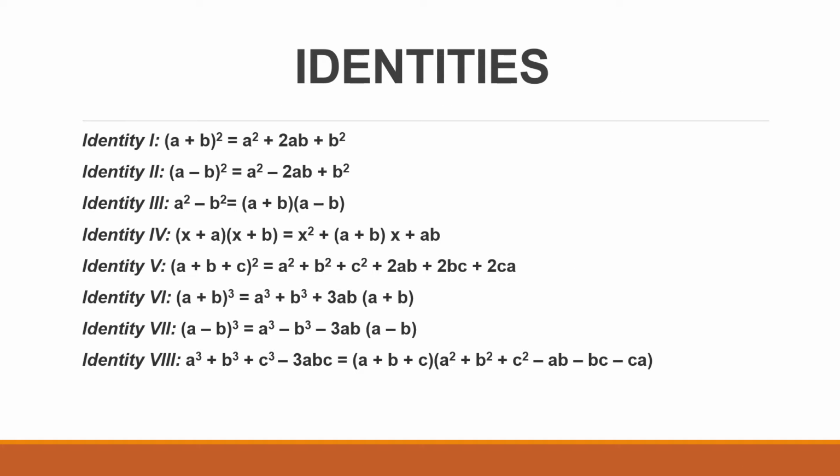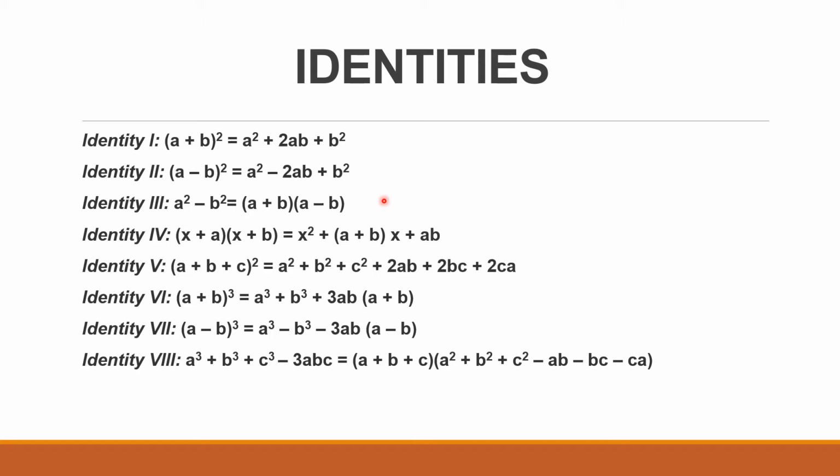Before starting the exercise, there are a few identities that you should know. Have a look here: identities 1, 2, 3 and 4. We have also discussed these in class 8, and we will solve questions related to them in class 9th too. A few identities are new ones. So before starting this chapter, you have to learn all these identities.